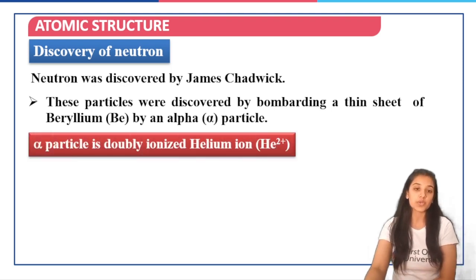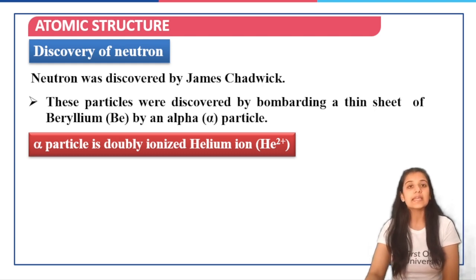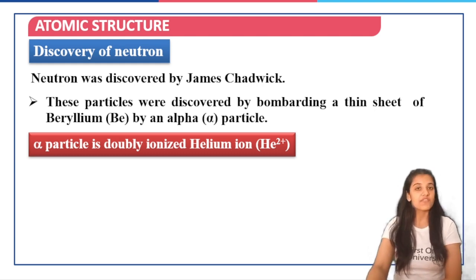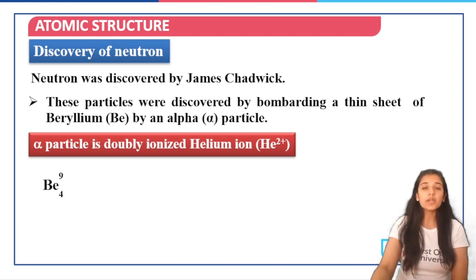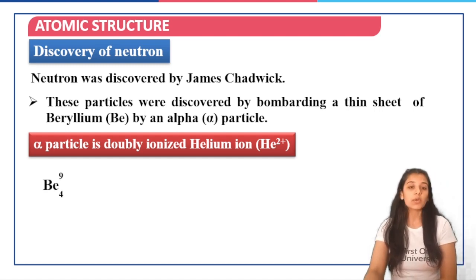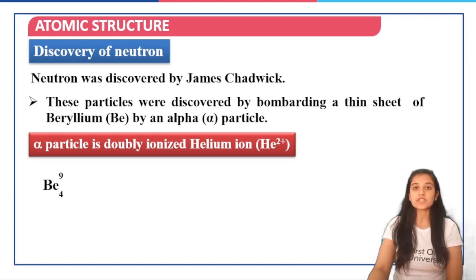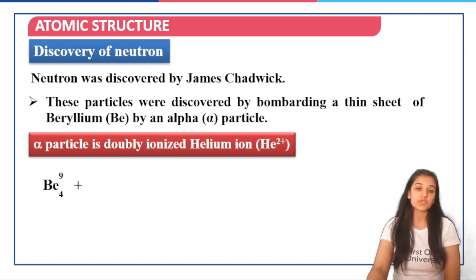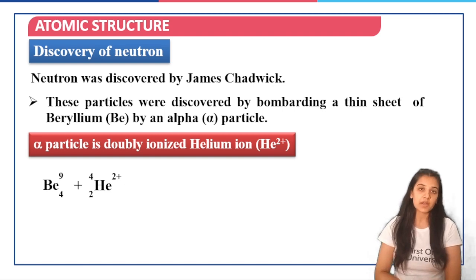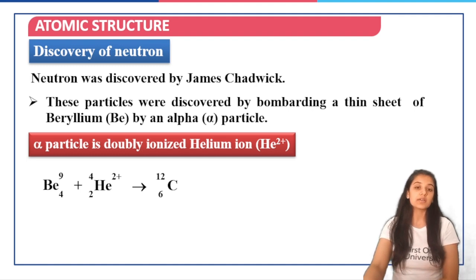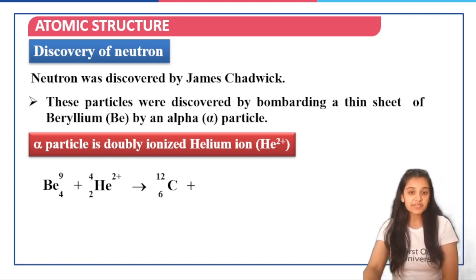So, what is an alpha particle is something really very important for you to understand and to remember. Alpha particle is nothing but helium 2+ ion. Okay, very simple to learn. So what happened was beryllium, which has atomic number 4, mass number 9, that is, it has 4 electrons, 4 protons, and 5 neutrons. When it was bombarded with the alpha particle, which is helium-4, 2+, we actually got carbon-12 along with